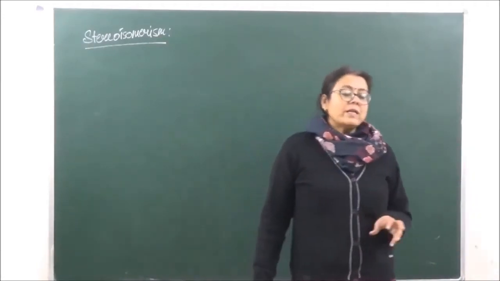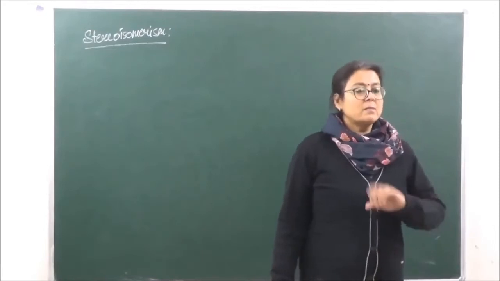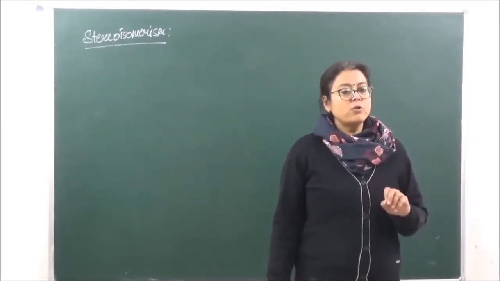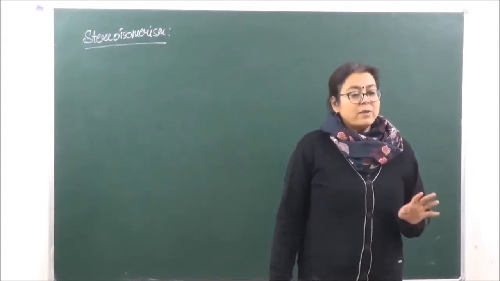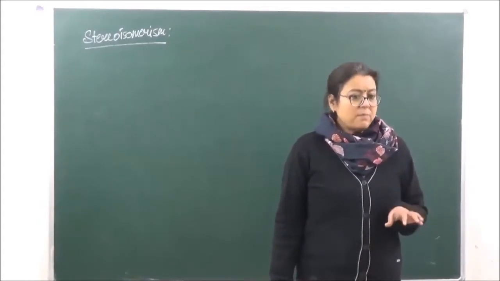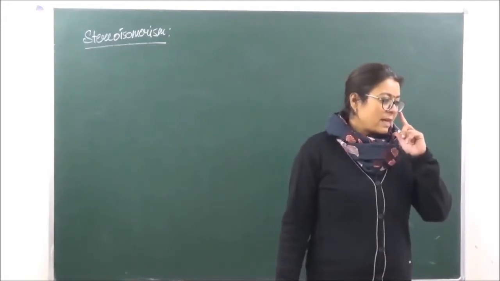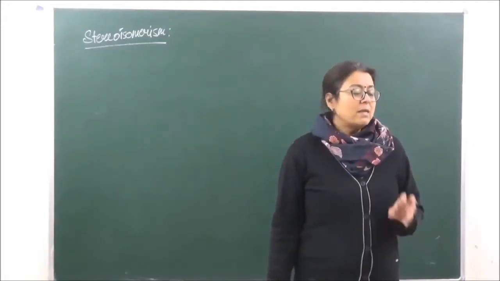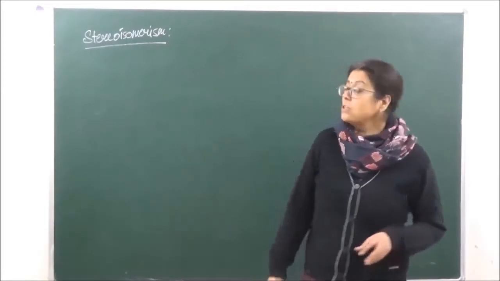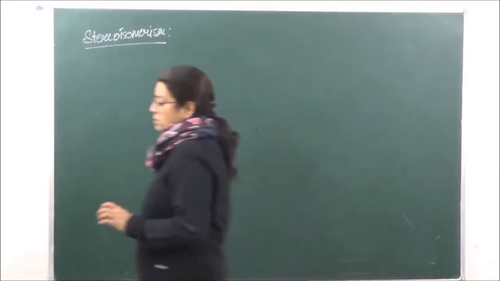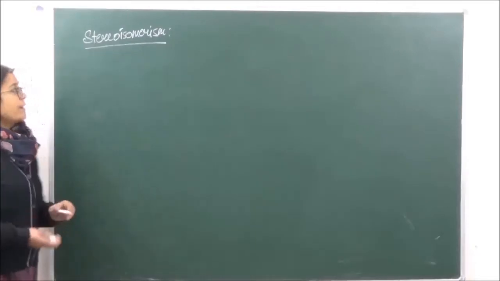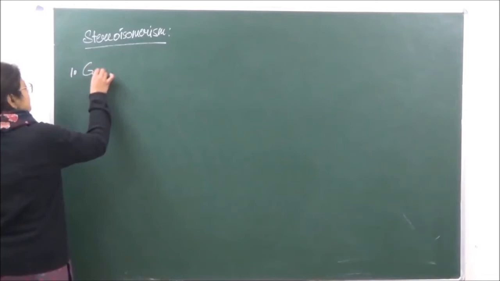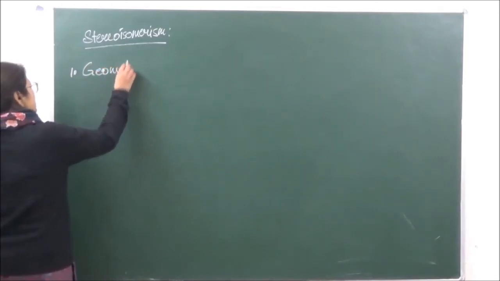Now what is stereoisomerism? Stereoisomerism means the spatial arrangement of the ligands is going to be different. Okay? Otherwise the molecular formula will be the same. It's only the spatial arrangement, that is the position of the ligands around the central atom, that is going to be different. So that is known as stereoisomerism. We are going to discuss two types of stereoisomerism over here. The first one is